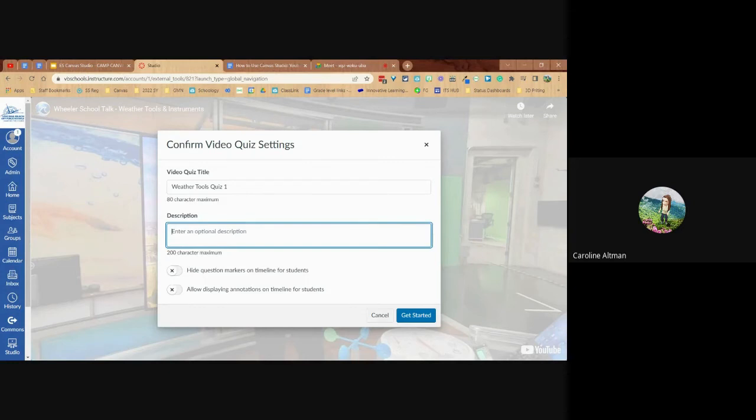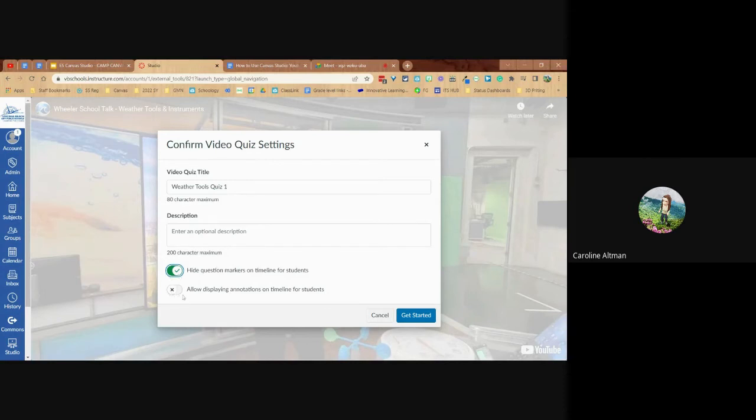Play Pause It, there wasn't an option you could turn off allowing the students to fast forward. This one doesn't have it, but if you turn on the hide question markers on the timeline, the students won't know where the questions are. So they really have to watch the video from start to end to actually get to the questions, because if they try to fast forward, they could fast forward through a question. So if you turn that on,